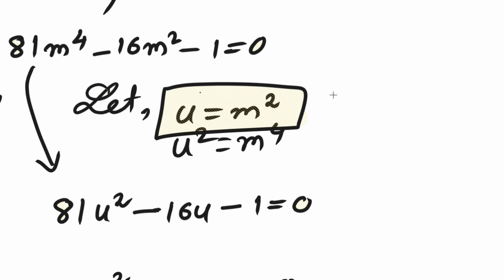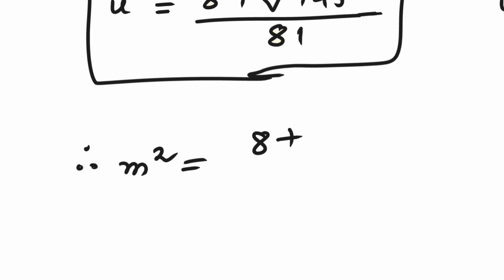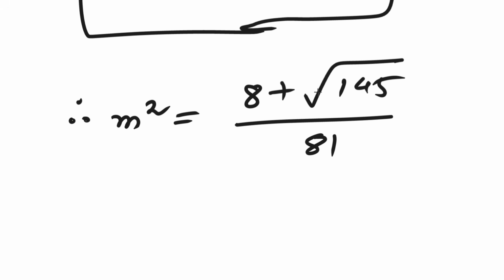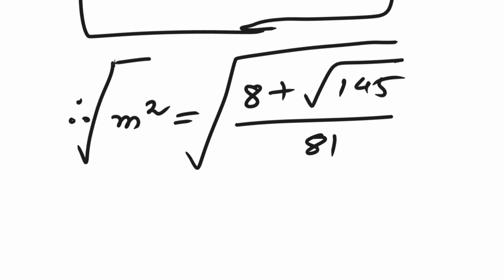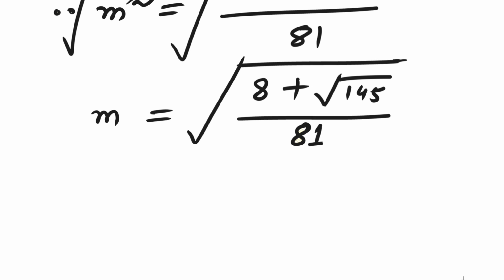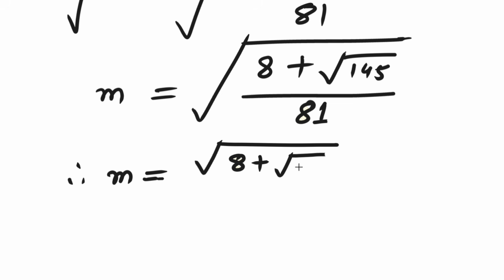Now we return to our original substitution. We said u equals m squared. Therefore, we can replace u with m squared and write m squared equals 8 plus the square root of 145, all divided by 81. Our goal is m, not m squared, so we need to undo the square. We do that by taking the square root of both sides. Therefore, m equals the square root of the quantity 8 plus the square root of 145, all divided by 81. Since m represents a positive side length, we take the positive square root. We can simplify this slightly because the square root of 81 is 9. Therefore, the final exact value is m equals the square root of the quantity 8 plus the square root of